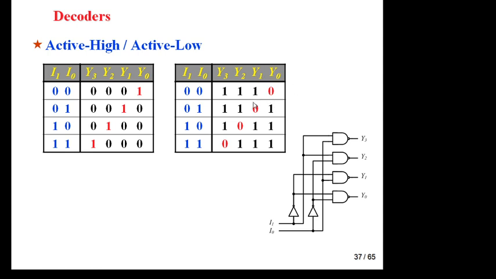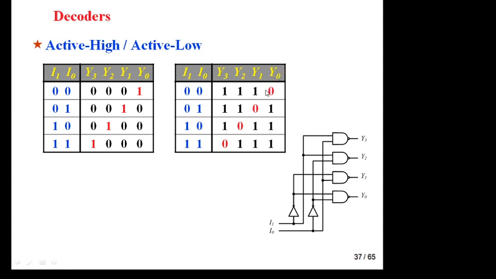You are already aware about negative logic and positive logic. In case of negative logic, what happens? Output becomes high if signal is not detected. If output is low, means signal is detected. So in this case, active low, you will get the output 0. So in case of 0 0, output y0 is 0, means this is high. In active low case, this is high.